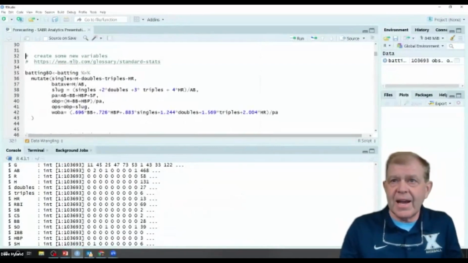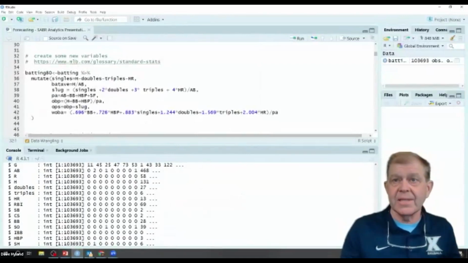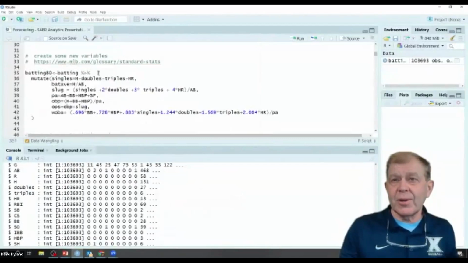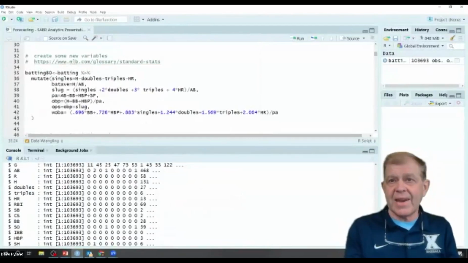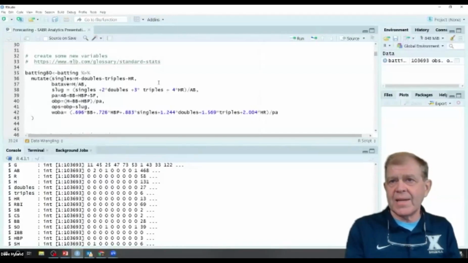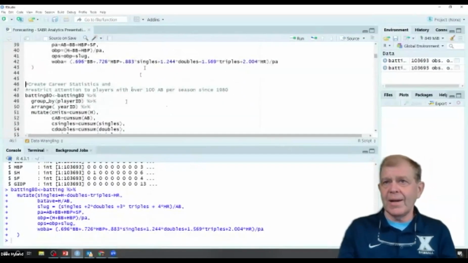Well, I can calculate that in my programming. It takes up less space in the database when we do that. So I'm going to calculate some new variables that we're going to use: singles, batting average, slugging, plate appearances, OBP, OPS, and wOBA. So those will be new variables.